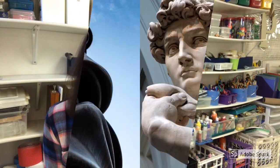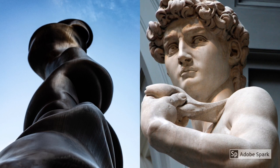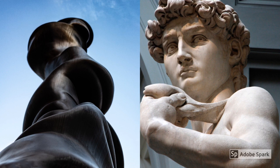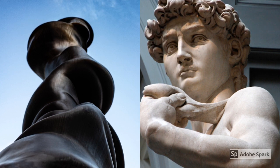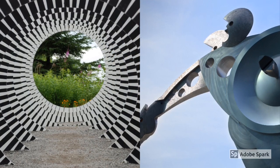Let me show you what I mean. Here are two sculptures made out of stone or marble. Stone is a very hard surface, so imagine carving into it. The one on the right is an ancient sculpture, and the one on the left is a modern sculpture, but they're both sculptures of people. Isn't that amazing? Sculptures can also be shaped out of metal,